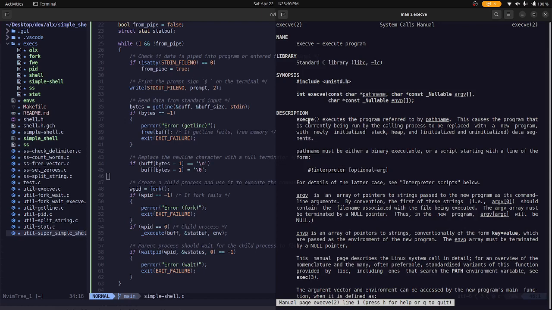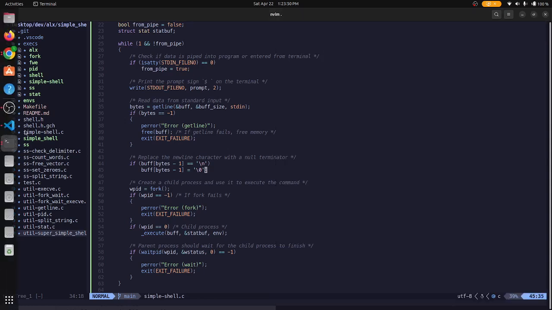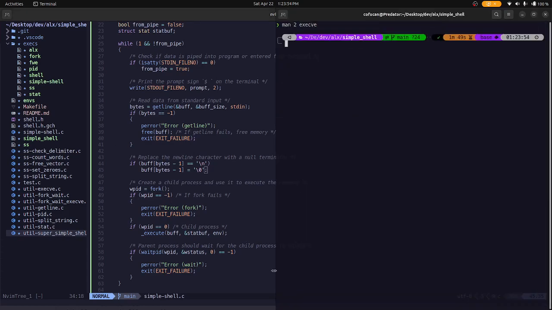I like to use analogy when I'm explaining something. This execve function is like a virus. In a way, it is like a virus. What do I mean by that? You see, this program, this simple shell program, my program that I called, like if I do /simple shell,